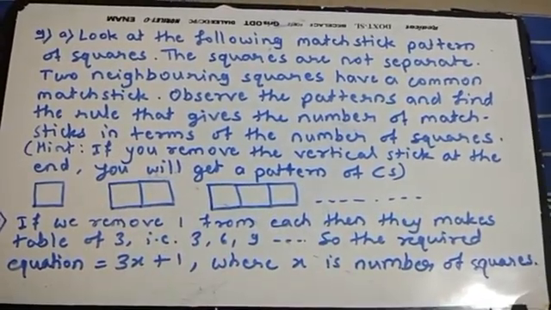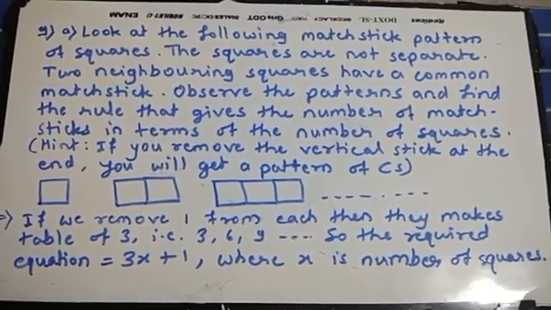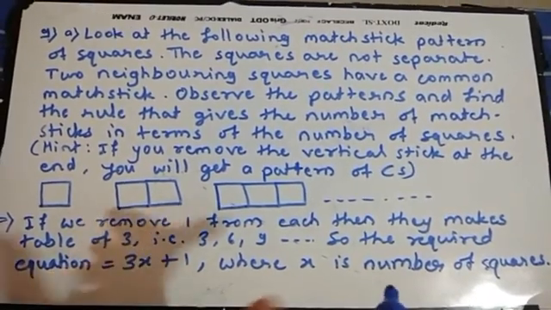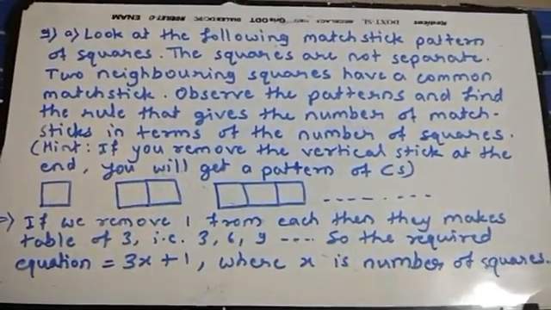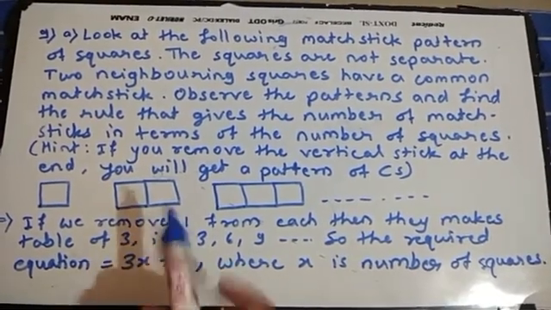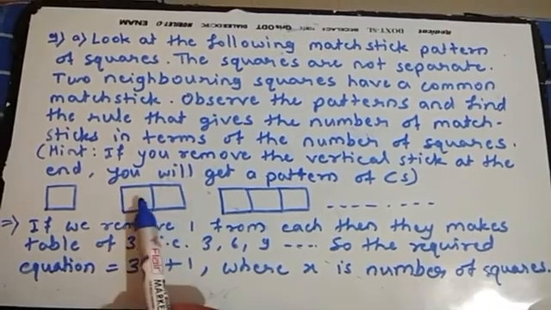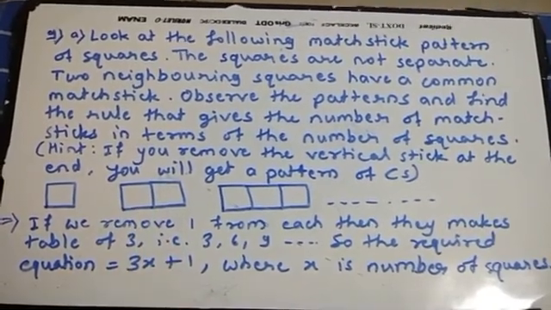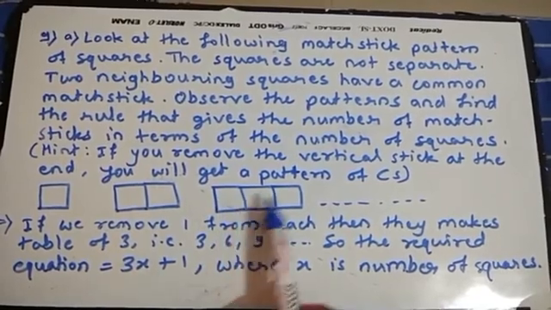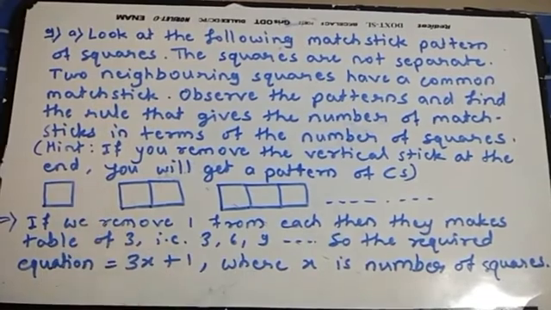Okay, now here students, in previous examples, in some patterns, in the U pattern, in the E pattern, the 2 letters, or in the L pattern, we saw that they were separated. Each and every letter was separated. But here, see, this is the pattern of squares which are connected to each other. Means these 2 squares have one common line here. Right, here also we can see these 3 squares have some common sticks here, right? Therefore, here a little bit different pattern we will get.